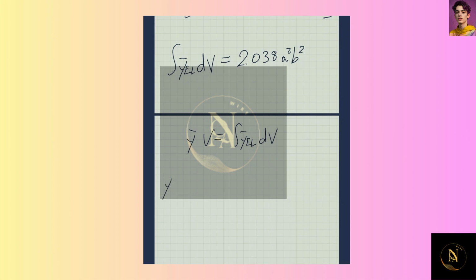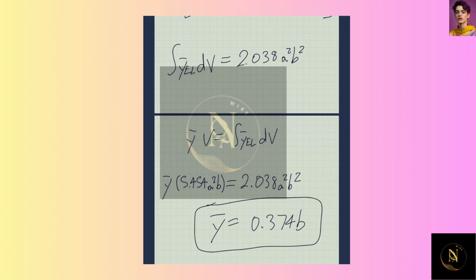And now we know everything to plug back into our original equation of the centroid times the volume is equal to the integral of the centroid of the differential element. We found the volume first to be 5.454 a squared b. You can set that equal to the differential element we just solved for. We get that the centroid in the y direction is equal to